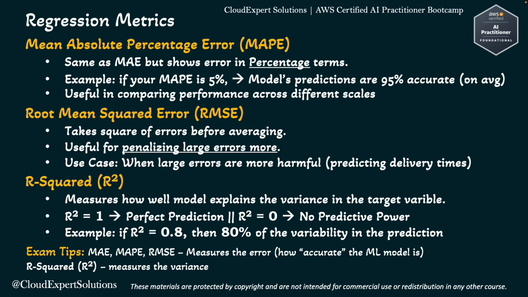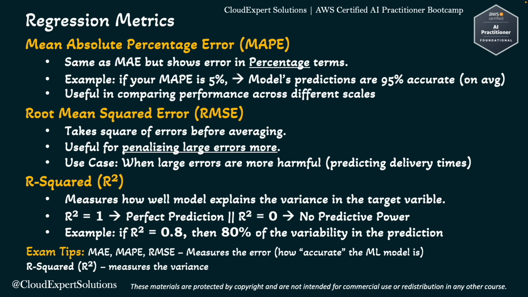As an exam tip, you don't have to remember these formulas. For this certification, just remember that mean absolute error, mean absolute percentage error, and root mean squared error measure the error, that means how accurate the machine learning model is, whereas R squared measures the variance. During the certification, if you see a question asking to measure the variance, then R squared is the potential correct